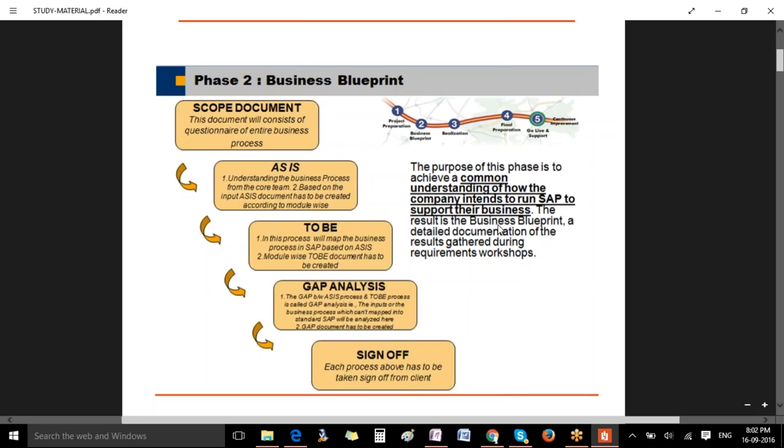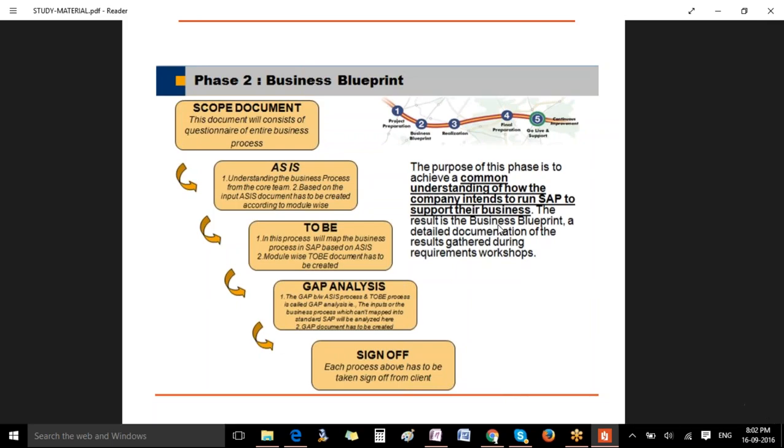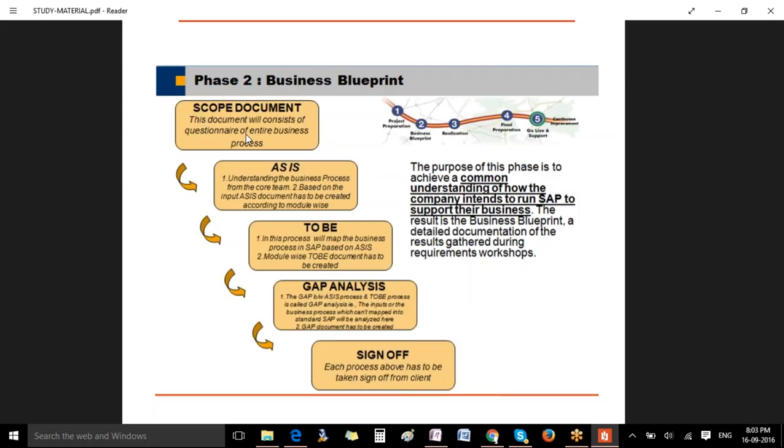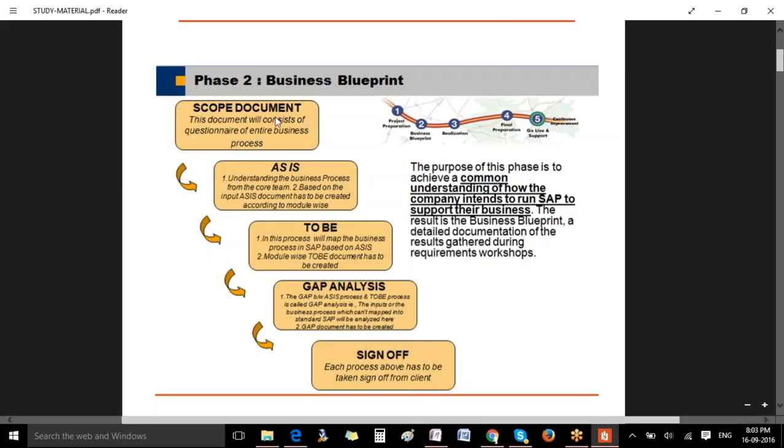Blueprint means it's like a standard document with detailed documentation of the results gathered during the requirement workshop. So as a consultant, you will be involved in this phase. First, you prepare a scope document. Scope means what is possible, what is not possible, and how to implement SAP into the customer system. Okay, scope document is nothing but